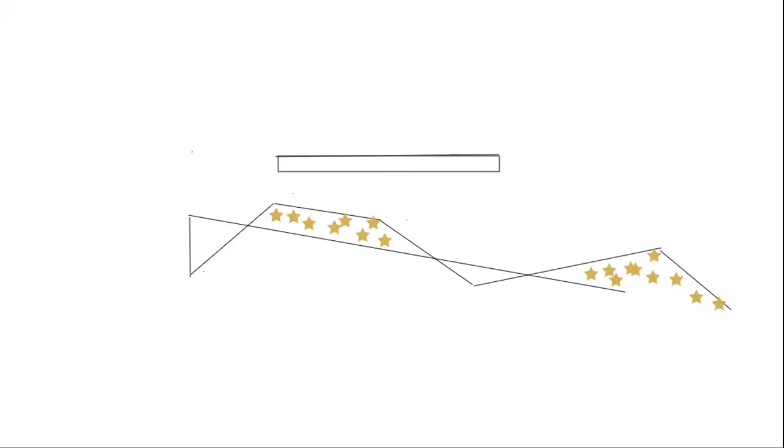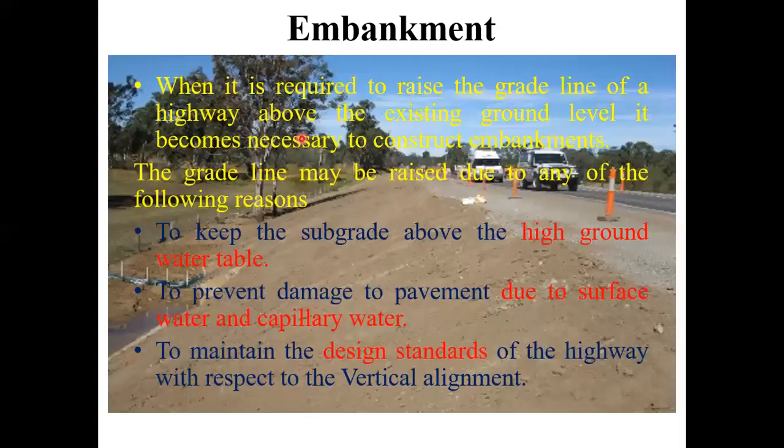This portion where I am indicating with a question mark, assume these question marks are cutting, meaning you need to cut the soil here. Wherever the star is provided, there you need to provide the filling portion. That filling portion you will call an embankment portion. Some of you have plotted the highway in the extensive survey camp, where I showed what is embankment and what is cutting. This is the first part, that is embankment.